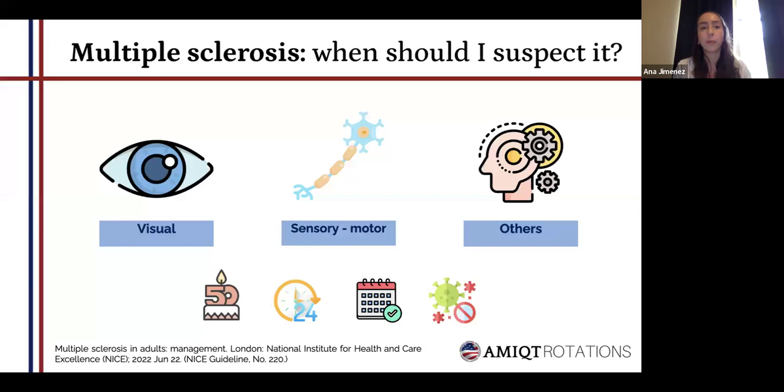So this is a condition that can present with a wide range of symptoms, including visual symptoms such as blurry vision, diplopia, transient, partial, or complete painful vision loss, sensory symptoms such as numbness, tingling, problems with coordination or balance, motor symptoms such as weakness, complete or partial paralysis of an extremity. They can also have bowel or bladder incontinence, and other symptoms such as mood disorders, sexual dysfunction, or difficulty with